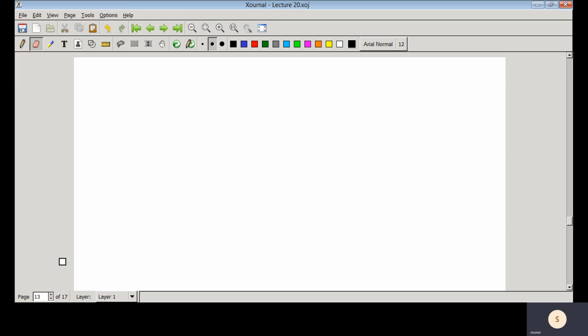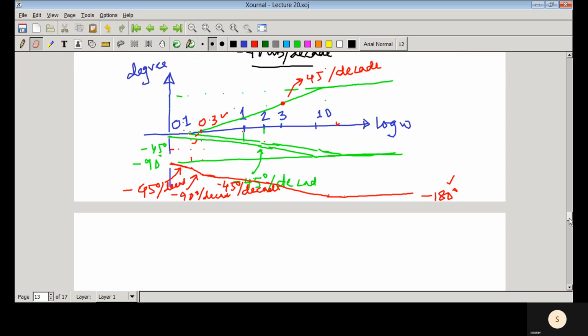So today we'll discuss, if there is any second order term, how to draw that asymptotic Bode plot, and we'll solve one more example. So there is a small correction in the last lecture. What I discussed